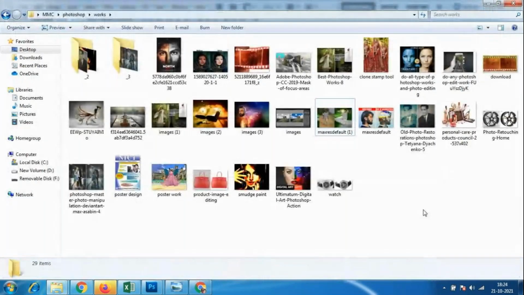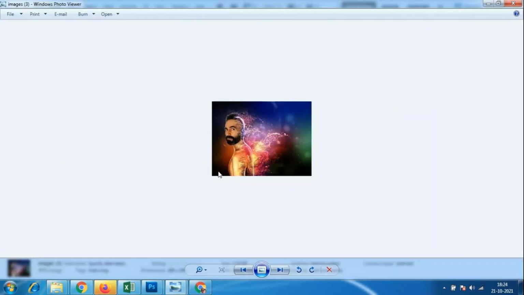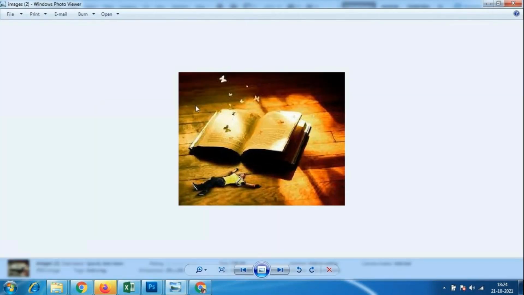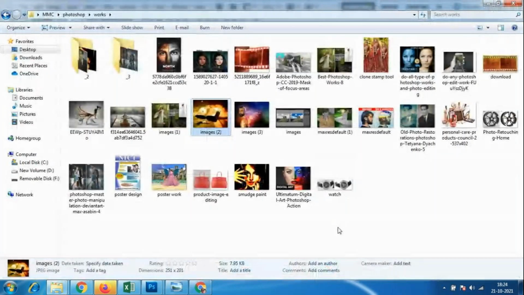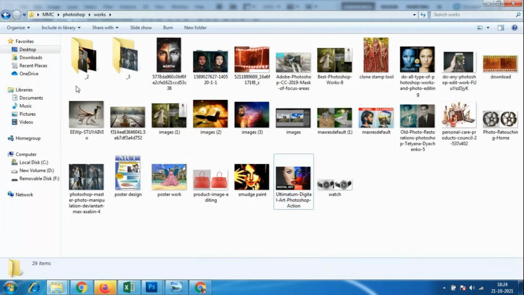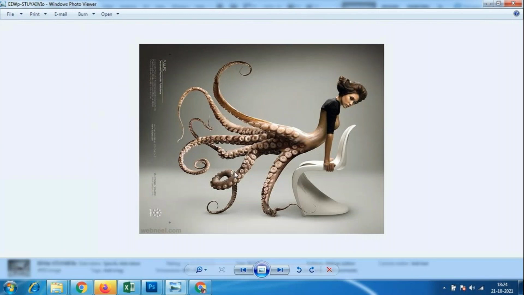These are some of the works and some of the effects like this. And look at the miniature things: here we have a book, and the person is sleeping over here. Some miniature things, and this is masking with a texture, on half of the face. Those things we can use. Digital art, and look here, this is the thing: two different things over here.